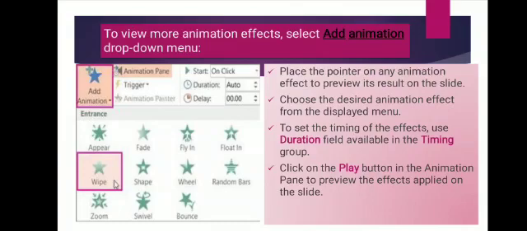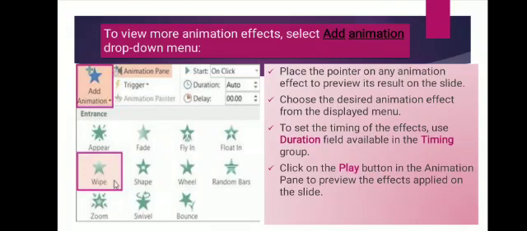After applying the animation effect on any object or text, you will notice number tags appear in front of it on the slide. Means when you add any animation effect, in front of that placeholder, numberings are given 1, 2, 3, 4. These display that you have selected an animation on this placeholder or object. Now to specify or set the timing of the effect, see in this diagram, the Duration field is available.